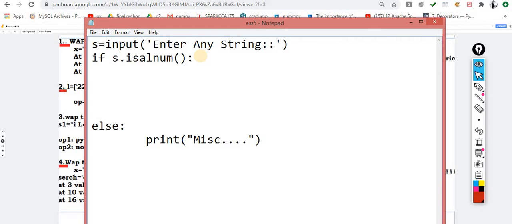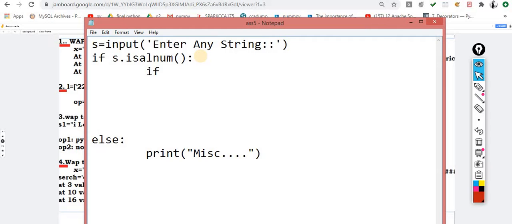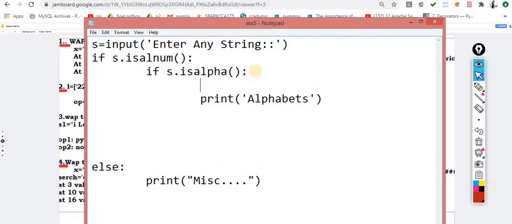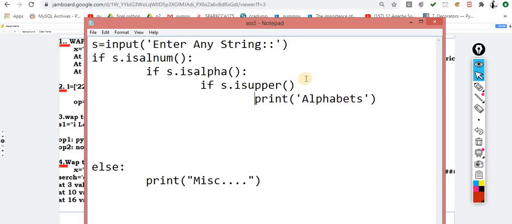If this condition is true, then you have to check if s.isalpha(). If it's alphabets only, then print alphabets. Since I want to print uppercase or lowercase, I check one more time: if s.isupper(), then print alphabets uppercase.